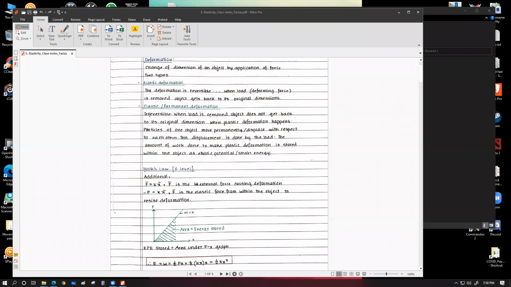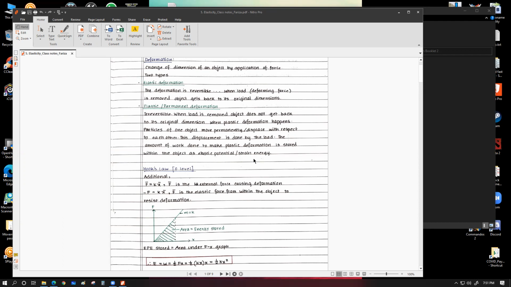Then it says irreversible or permanent deformation: when the load is removed, the object does not get back to its original dimensions. When plastic deformation happens, particles of the object move permanently, or are displaced with respect to each other. This displacement is done by the load. The amount of work done to make plastic deformation is stored within the object as elastic potential or strain energy,